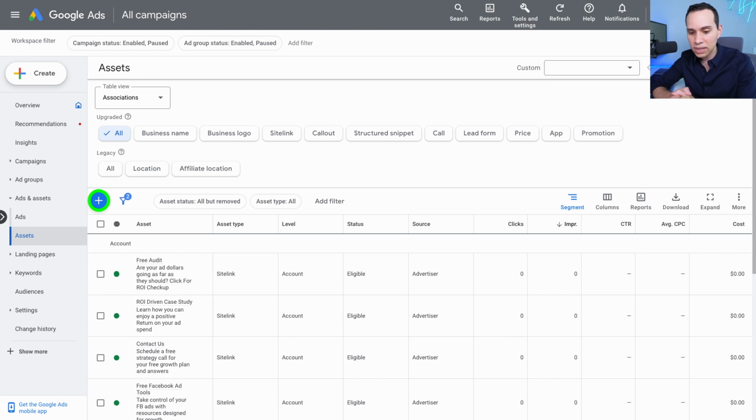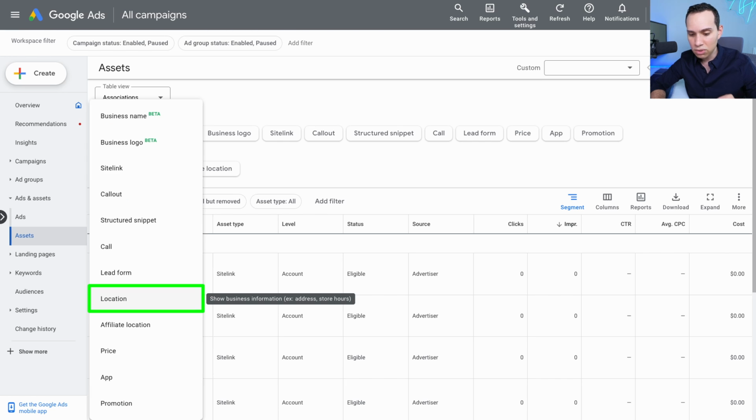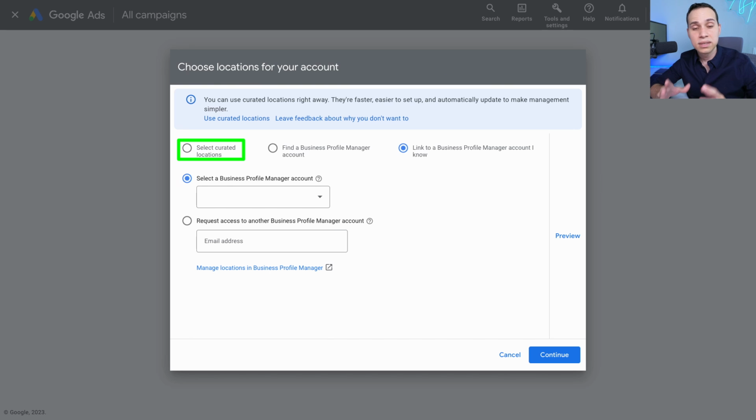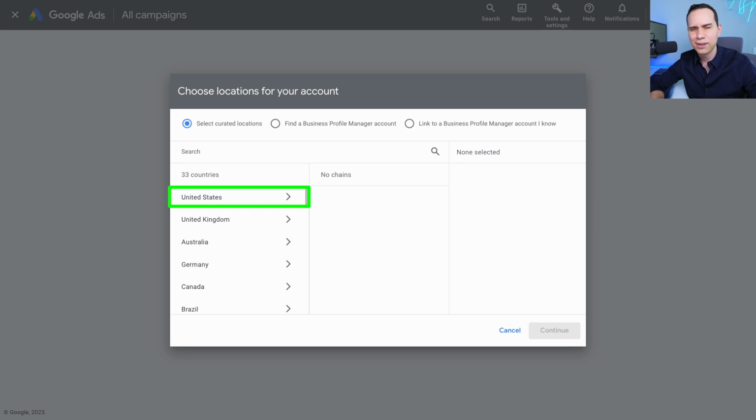So inside of Google Ads, of course, we are under Ads and Assets, and then we'll go ahead and click the blue plus button, and I'll go ahead and select location. And then this dialog box will pop up. If you already have a Google My Business Profile, it's going to be super easy. If you don't, and you want to see if Google already has found your business by some miracle, then you can go ahead and click on select curated